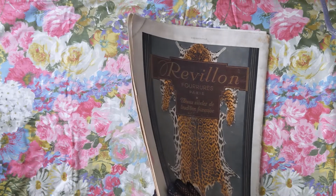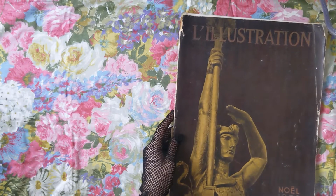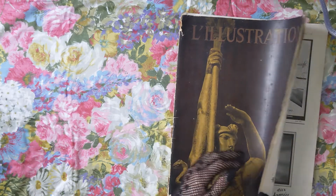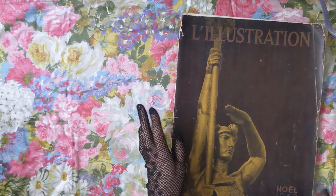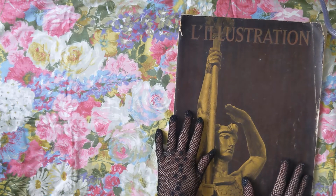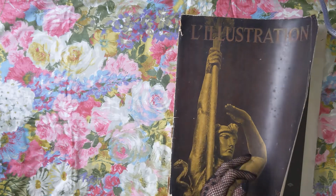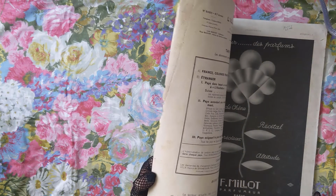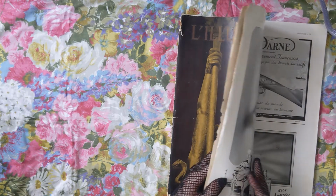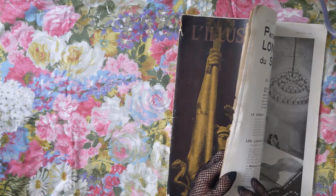Anyways, so this was the treasure that I found for $6 at an estate sale. I really hope to just keep it as a primary source if I ever want to look through it and perhaps even read some of this. I am wanting to improve my French a bit more, and it's things like this that I get so excited about. It's absolutely beautiful. It's not in the best shape, but I think this is definitely worth more than $6 to me, and I don't know how to keep it safe, but I'll see what I can make of it to keep it protected for future generations